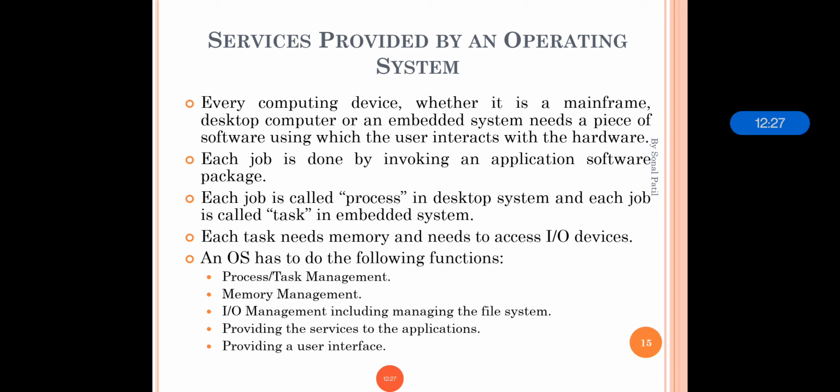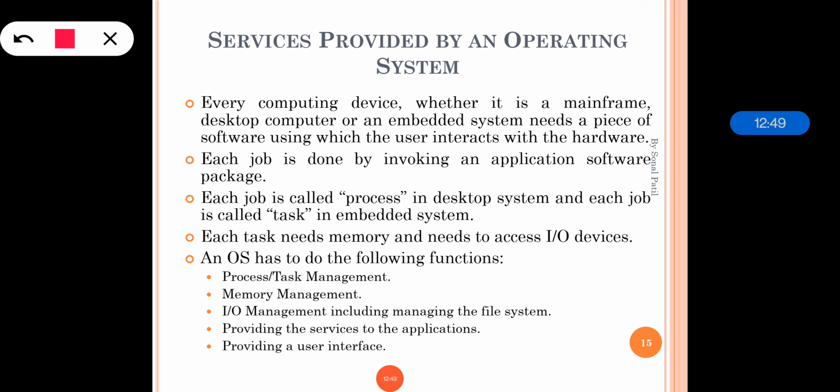Now we are going to see the software architecture part. The software in an embedded system consists of the operating system and the application software. The operating system is optional. If it is not present, you need to write your own software routine to access the particular hardware. So, the services provided by an operating system.